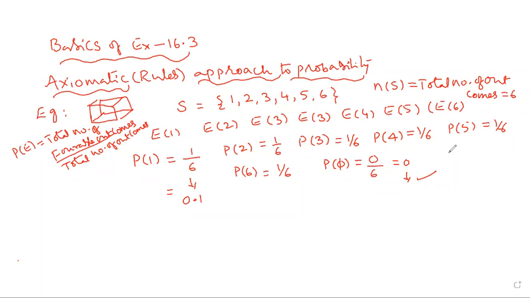For example, 6 numbers are there, so total 6 by 6 is 1. Up to 1 is possible. Therefore, rule number 1: probability may be equal to 0 or above 0. It must not be more than 1. How is it 1, sir? I will tell by example. Okay? Rule number 1 is completed. How is it equal to 1, sir? I will tell. Now see it.